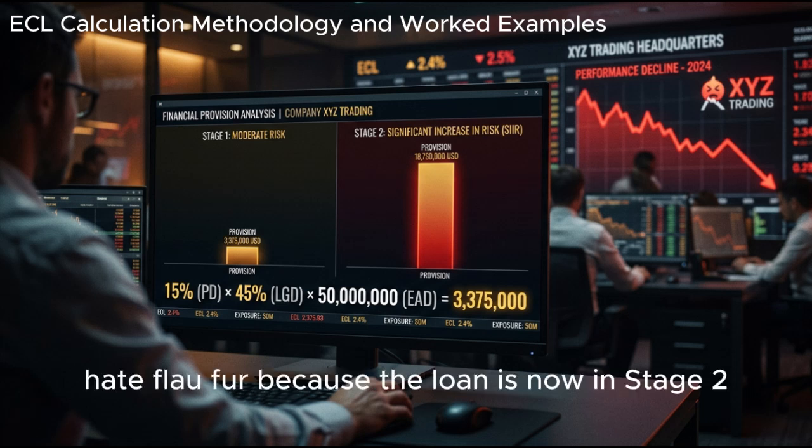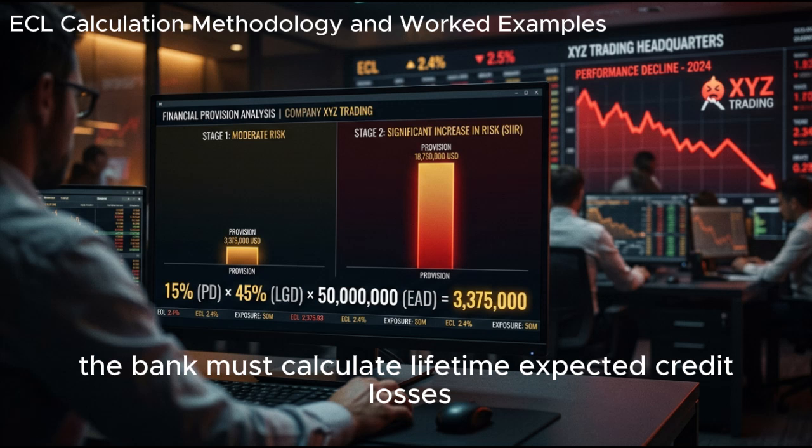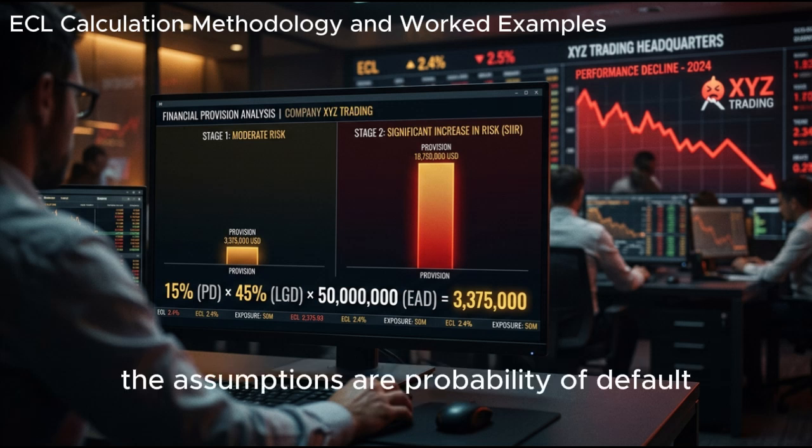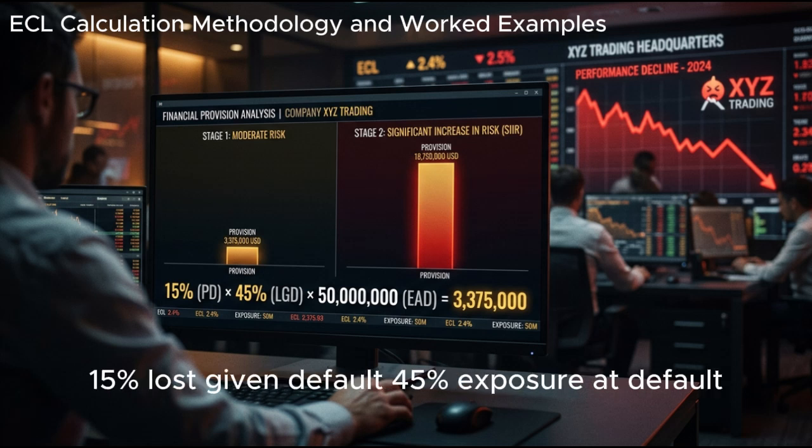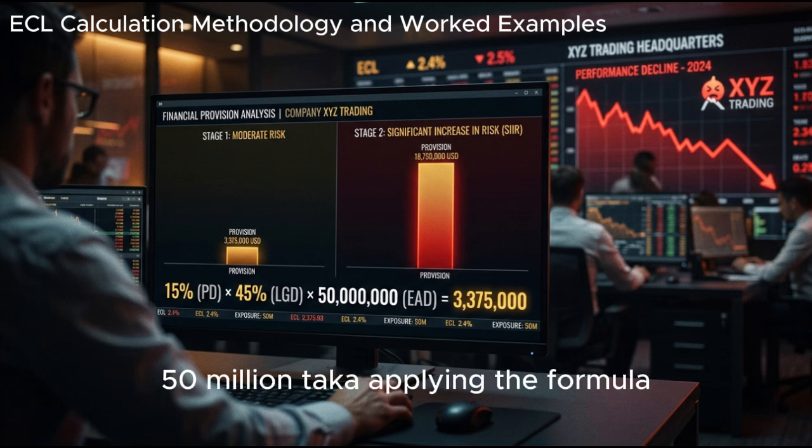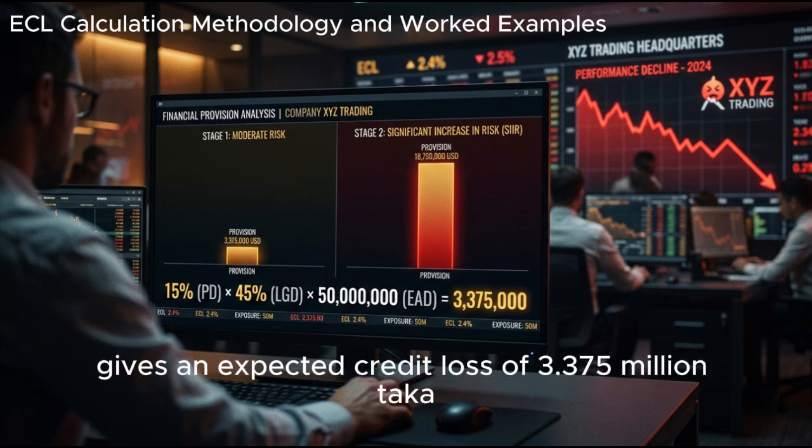Because the loan is now in Stage 2, the bank must calculate lifetime expected credit losses. The assumptions are probability of default 15%, loss given default 45%, exposure at default 50 million taka. Applying the formula gives an expected credit loss of